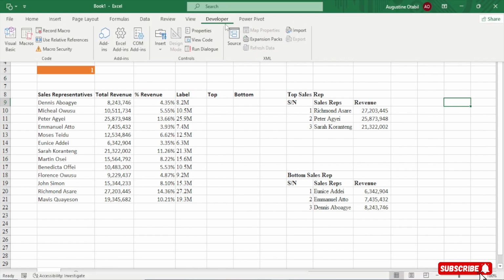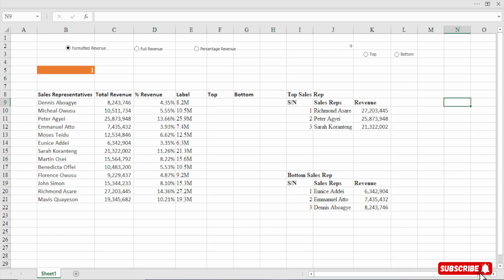And I'll come here, still on developer, insert, and I'm going to insert a group box from the form controls. When I click on it, I'll group it like this. I'll select it like this. Do you see that? So I'll click here and then delete group 6. Perfect. So it means this has been grouped, right? Now this is different from this, but it's still not working. So you see now this is different from this, right?